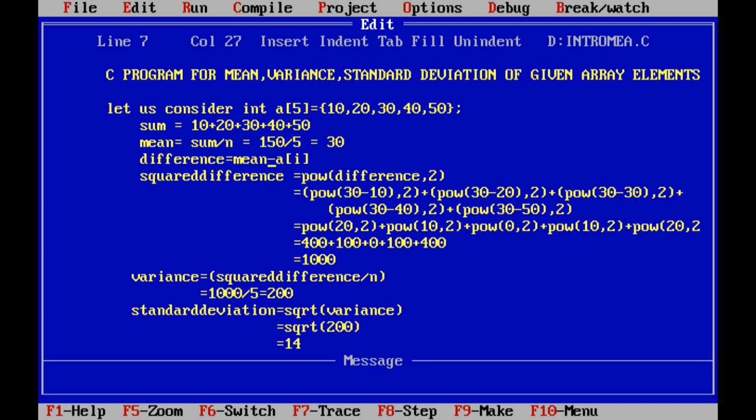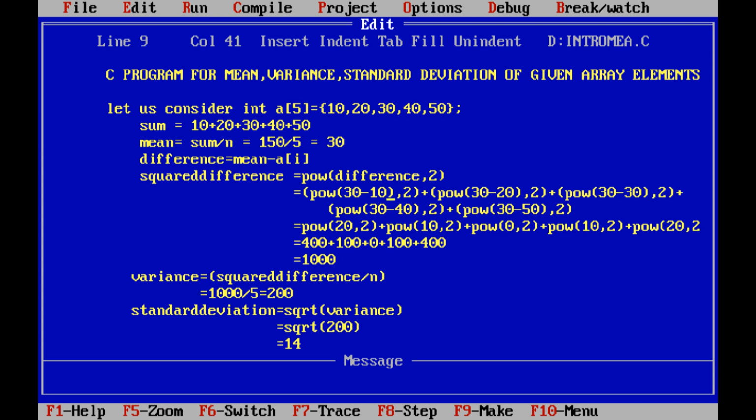After finding the difference, we have to find the squared difference. How are we finding the squared difference? That is difference square, which can be represented as pow(difference, 2). pow(difference, 2) is nothing but difference square.